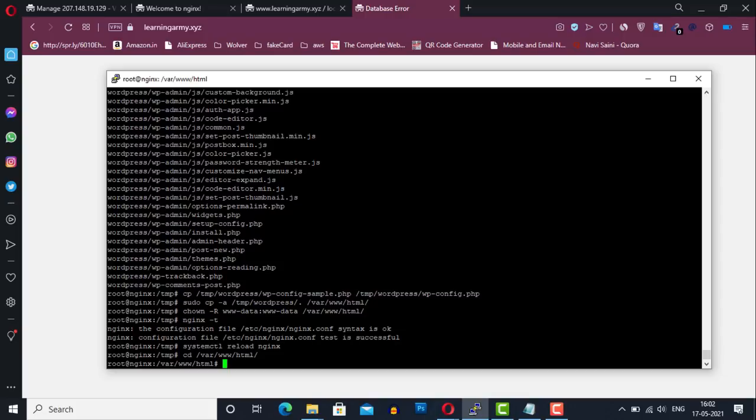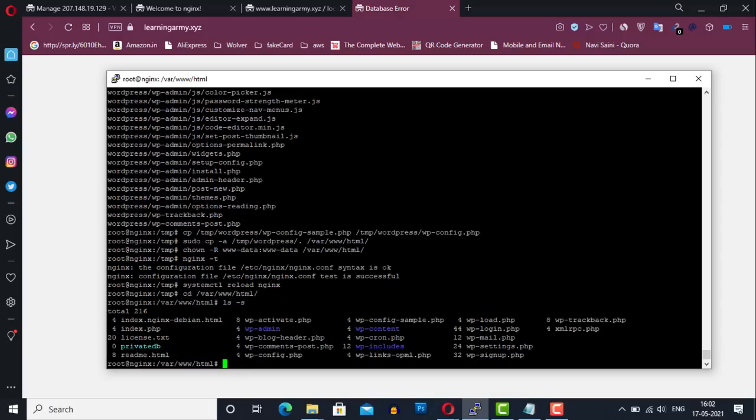Get the content list by typing the ls -l command. Here you will see this wp-config.php file that we want to update.